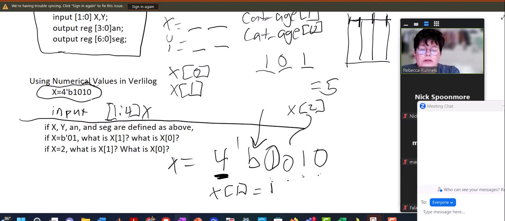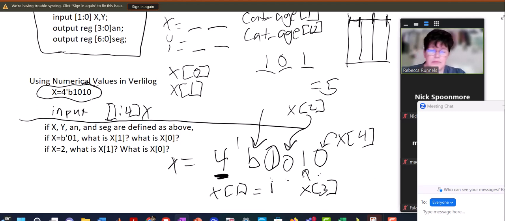X2 is the second one. X3 is the third one. And X4 is the fourth one. Now, I actually have a reason for bringing this up other than the fact that you need to know it for different things, but this particular variable right here, the one that you're going to use for your 7-segment display,